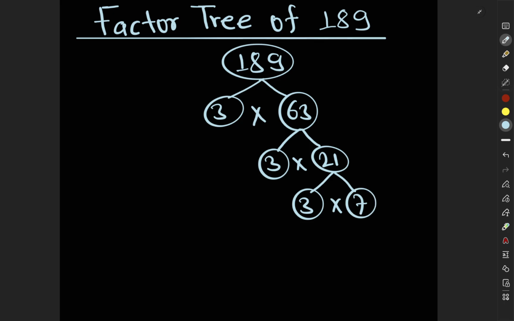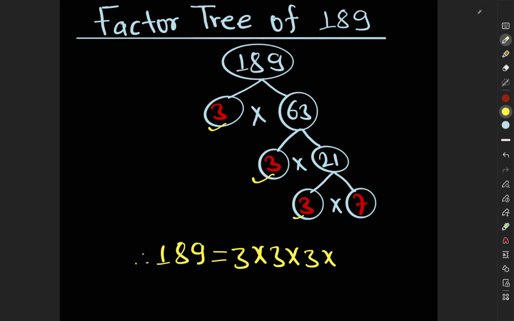3 times 7 means 21. So now we select the prime numbers among these numbers. So the prime numbers here are 3, 3, 3 and 7. So we can write 189 is equal to the product of all these prime numbers, that is this 3, this 3, this 3 and